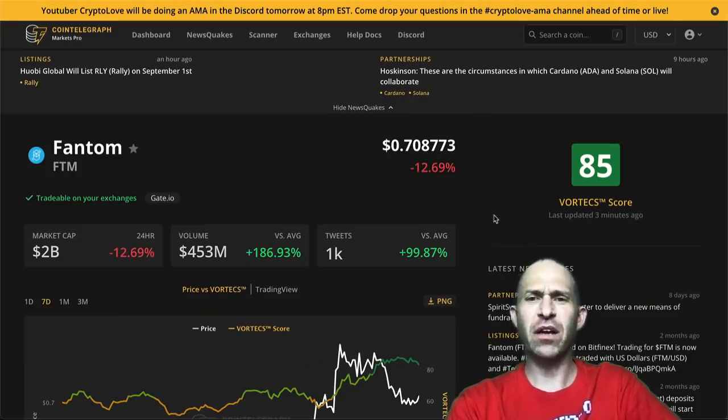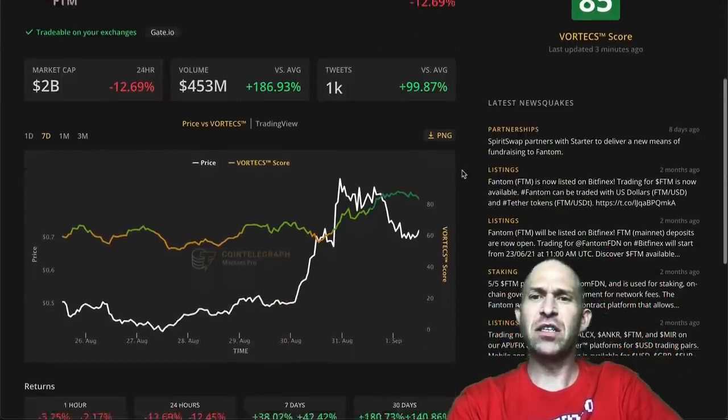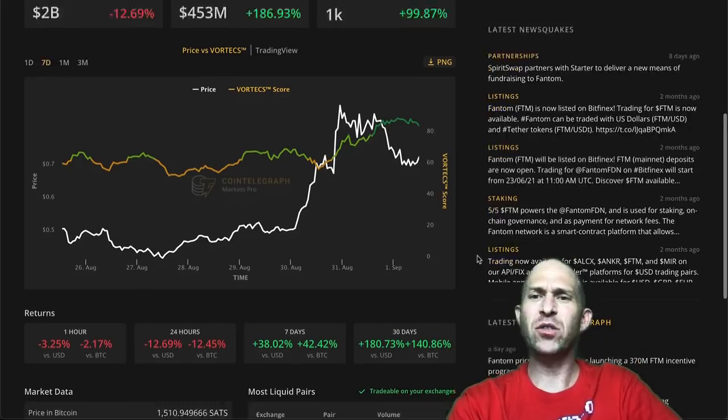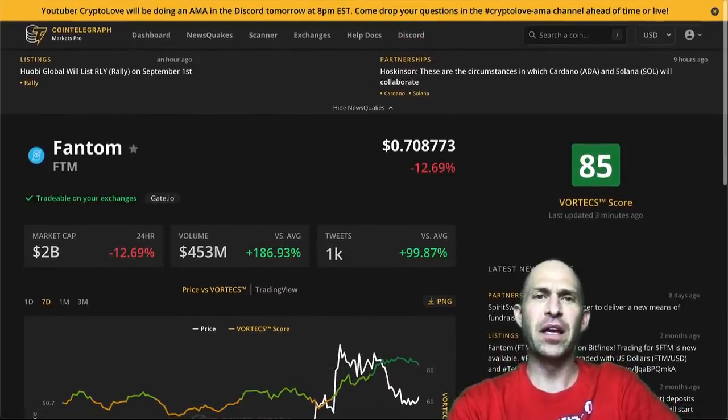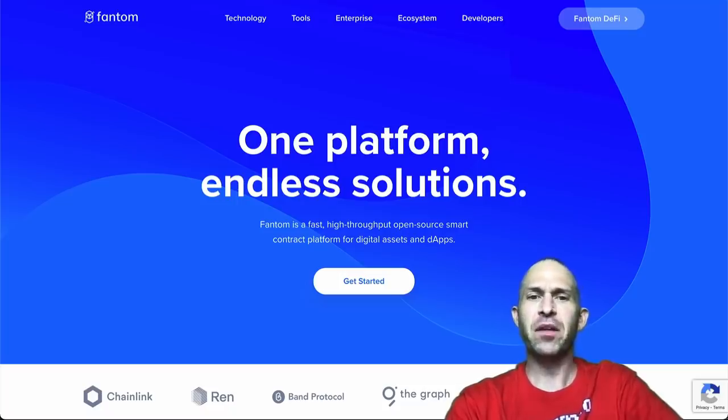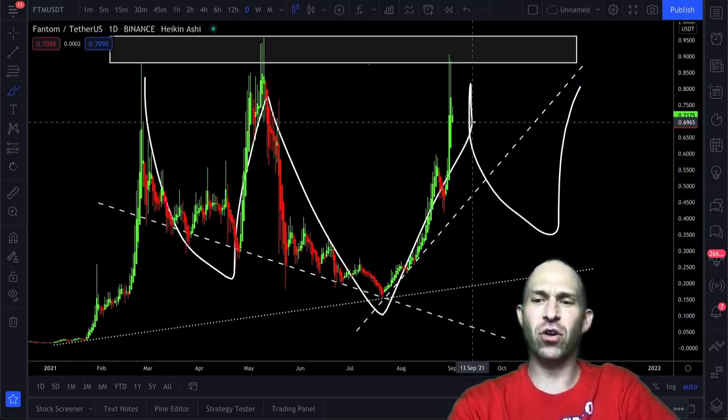So, first one, Phantom. Vortex score 85, right now 70 cents. And as you see here on the right, we have the latest newsquakes with Phantom. We also have the latest Cointelegraph articles about Phantom. And for those of you who don't know Phantom, it's a fast, high throughput, open source, smart contract platform for digital assets and dApps. Now, if we take a look at the chart here,